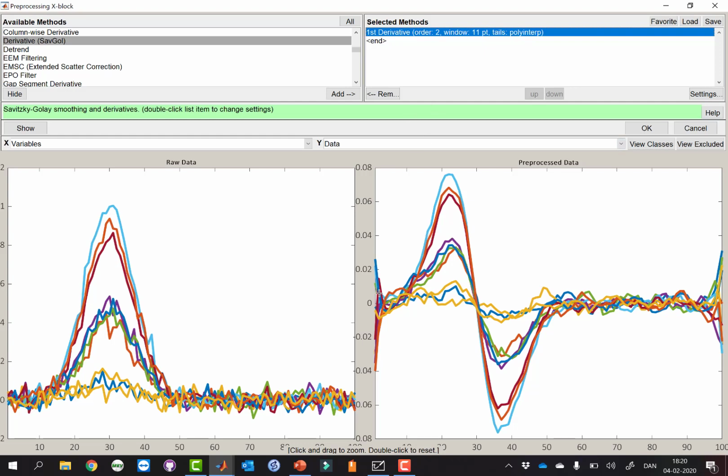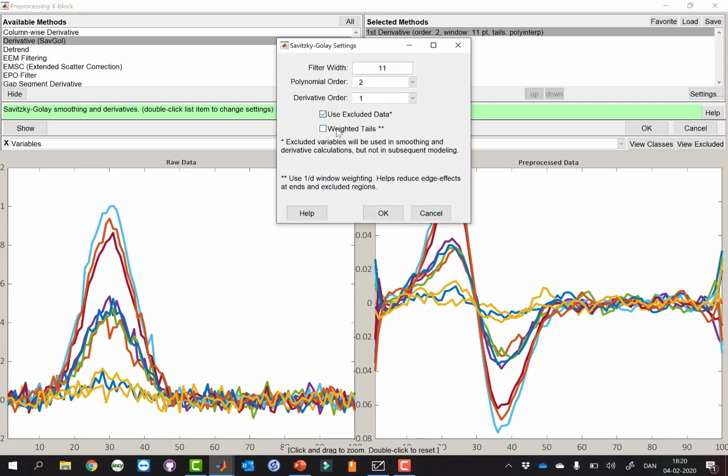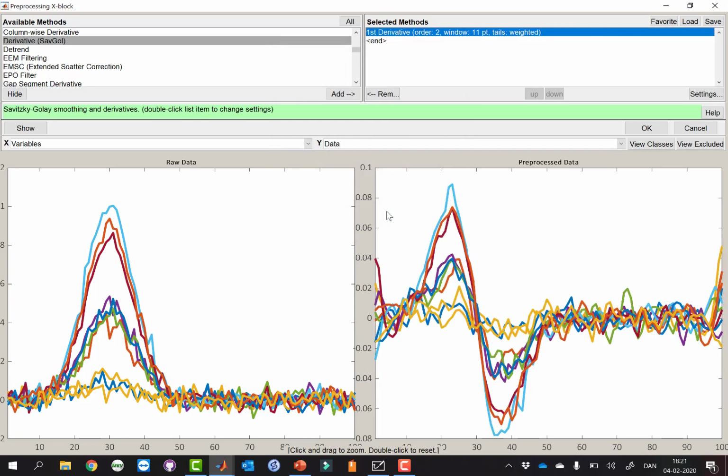What we can do is eliminate these eventually. There is a setting here saying that we can use a weighted tail to downweigh the edge effects. Let's see what will happen. It doesn't change much. In some cases it actually will make a difference, and again you can play around with these and see which one will work better for you.